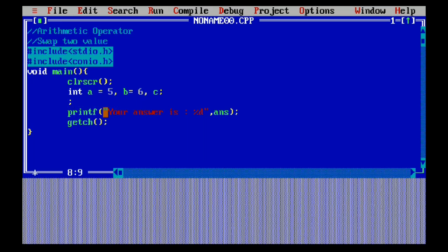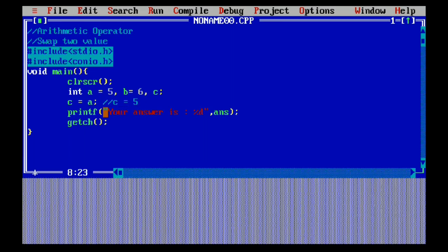So let's start by assigning a value to c. c is equal to a. It will assign a's value to c. So c will have the value 5. Before that c was empty.